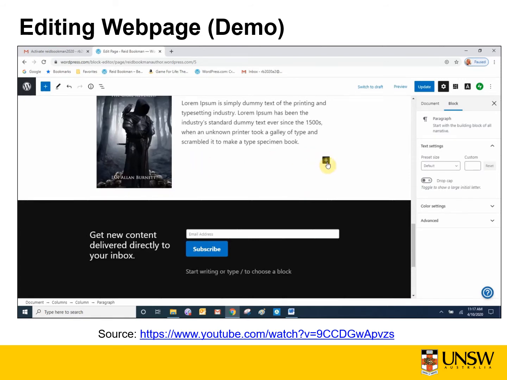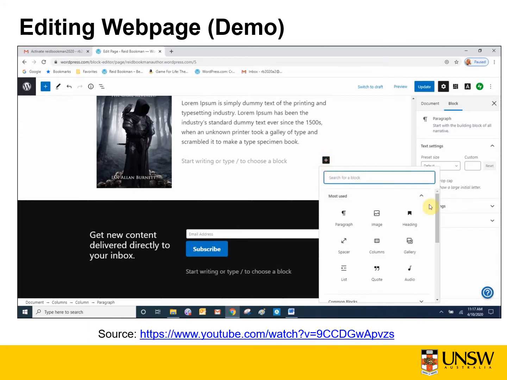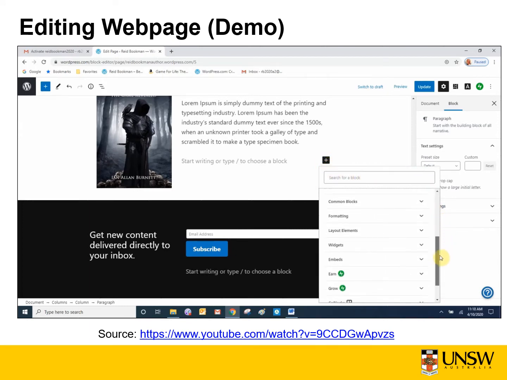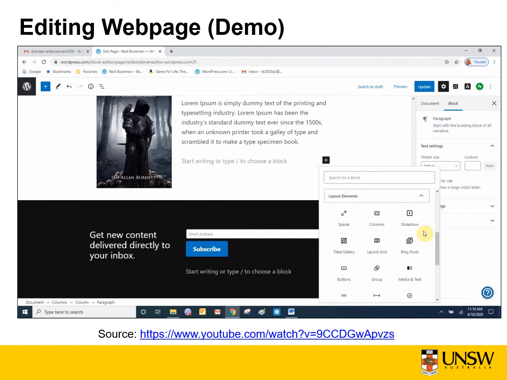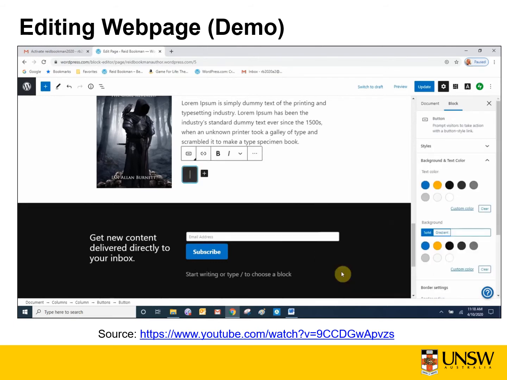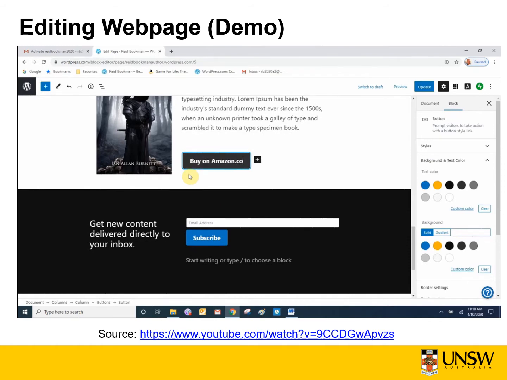So we'll just click the plus. This time we'll find the button element or block, and that might be a layout element. There it is, button. So we'll select it. Now let's just type the text in the button. Buy on Amazon.com. And we'll hover over it, and we want to add a link